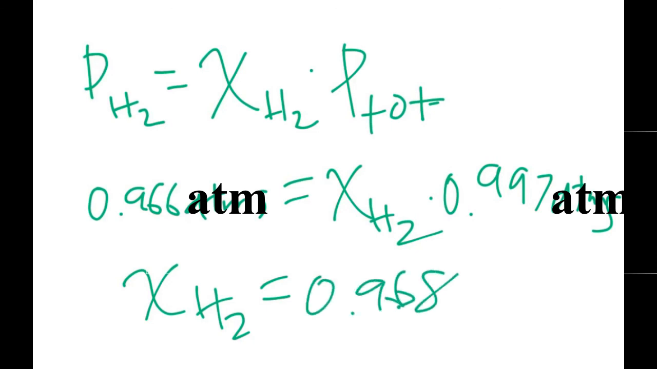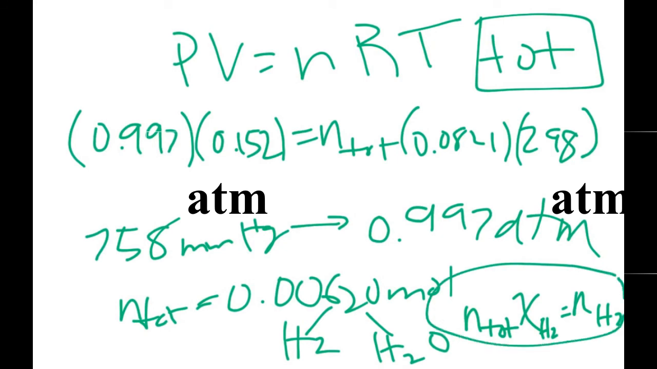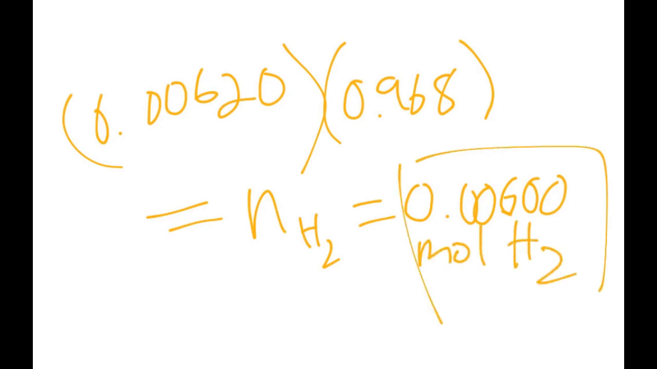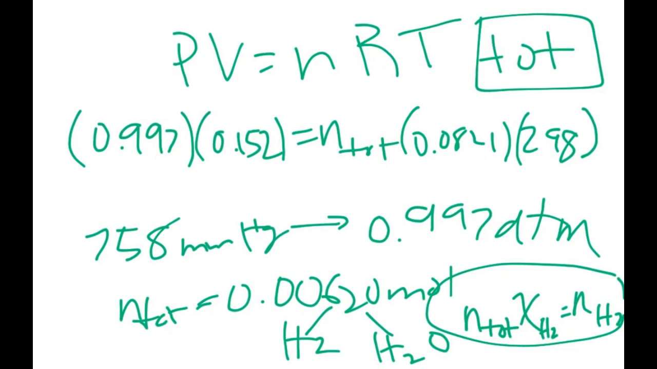Now, dividing both sides by 0.997, you get the mole fraction for H2 is equal to 0.968. So now that we know the mole fraction for H2, we can use this in order to find the moles of H2. So the overall moles is 0.00620, and we have to multiply that by the mole fraction for H2, which is 0.968, and we will get the moles of H2, and this turns out to be 0.00600 moles of H2. Notice how the answer matches the both ways we do